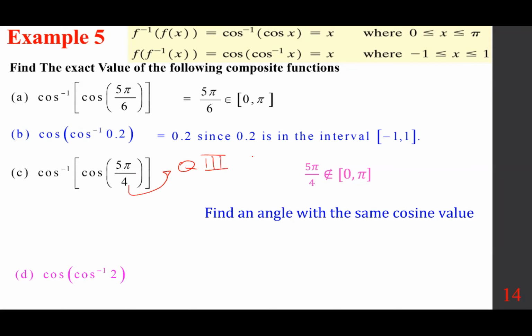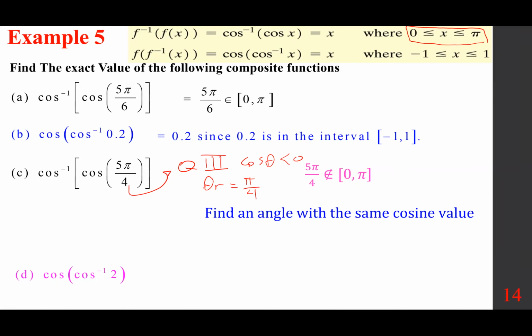And in quadrant 3, cosine is negative. Remember, cosine is positive in the first and fourth quadrant. At 5 pi over 4, I hope you realize the reference arc is pi over 4, just for the sake of argument. But it is negative, and we have to look for this one,